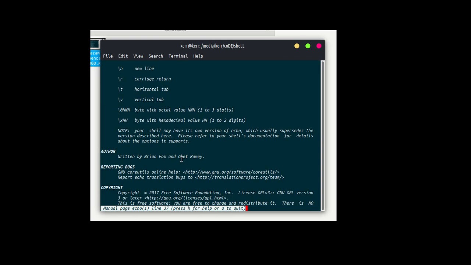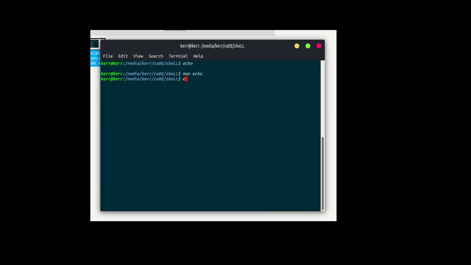So let's use the first basic echo command. Echo, and let's say you want to print any line: this is a sunny day.